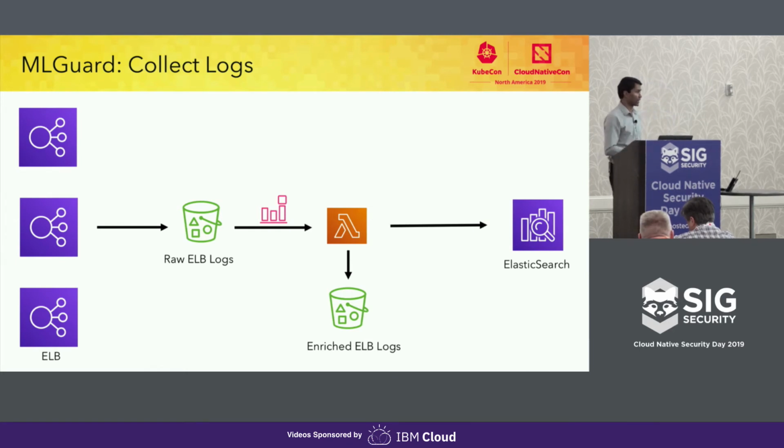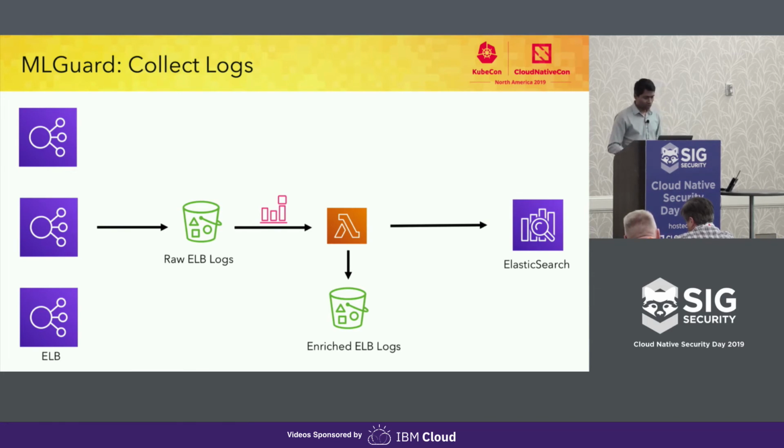It has a lot more context, and that's going to help us train the model and find problems when we look at the logs. And then this Lambda function stores the enriched data into another bucket or another prefix in the S3, and we also pass this data to Elasticsearch. So we use Elasticsearch as our SIEM, so it can help us create graphs, visualizations, and in case of attacks, we can easily go to Elasticsearch and see what kind of requests were sent.